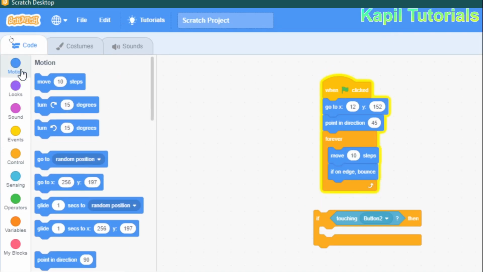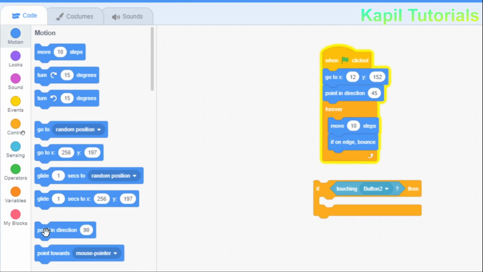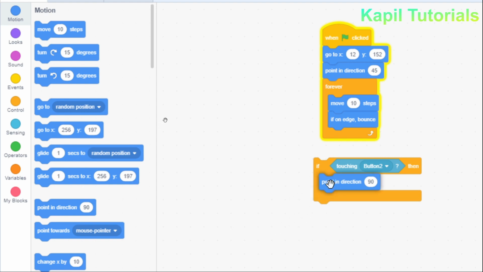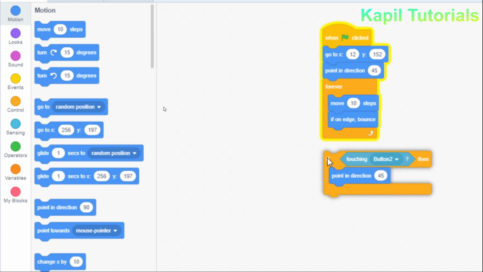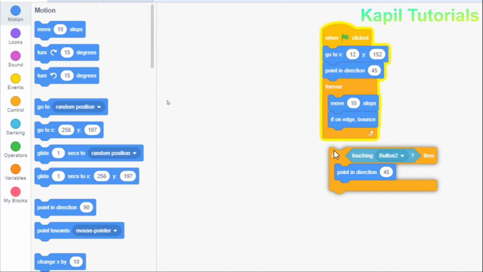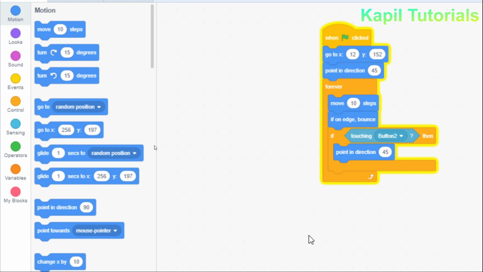So I'll go to motion, point in direction. This I have already explained. So again I'll make it 45 degrees. So I hope this is clear. So this also I'll move in between.